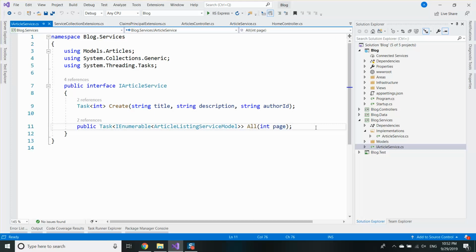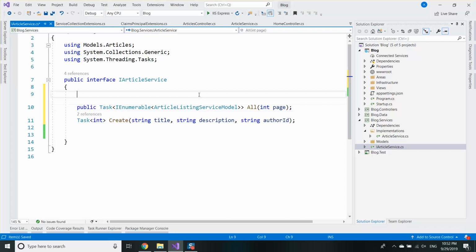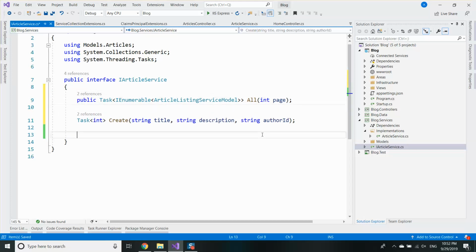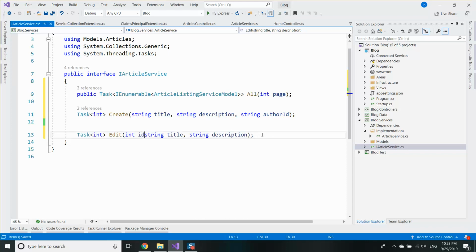So if we have an update, what we would like to do is, so we have read, we have create, we need update, so we're going to have edit service, I will return true or false whether or not the edit was successful,